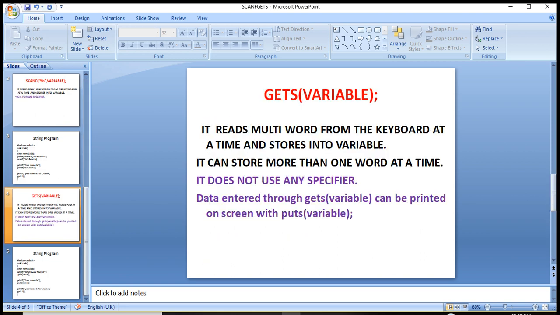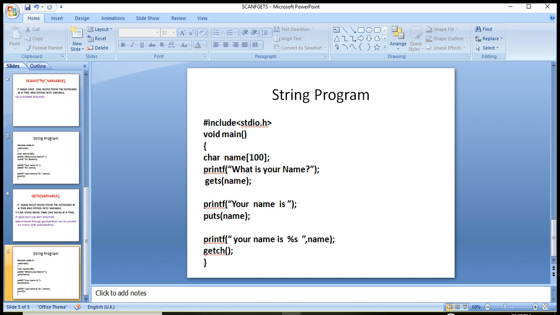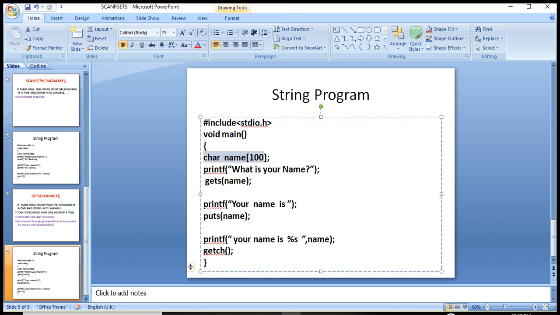And now we come to the program. Same as before, we have taken a variable name. Then we are printing the what's your name message. And we are not using scanf here, we are using gets. Gets, round bracket, then the variable name.